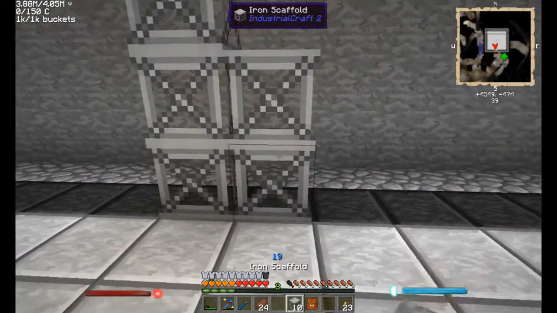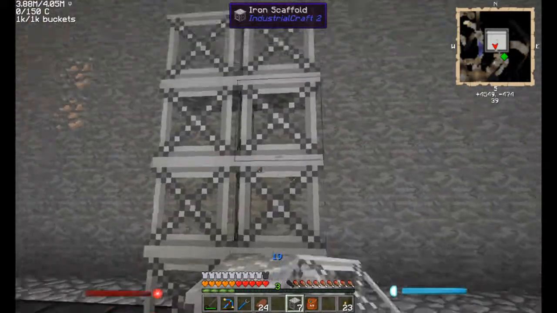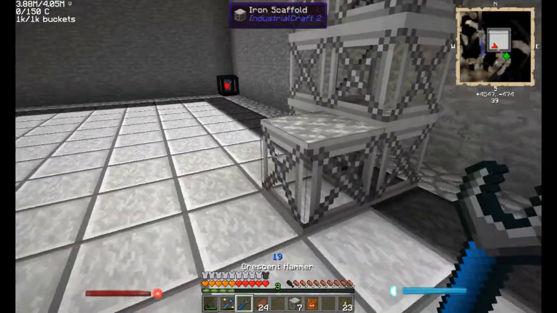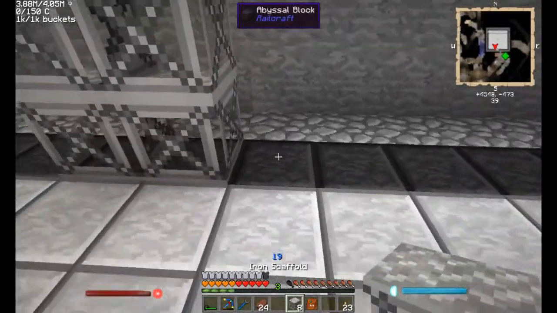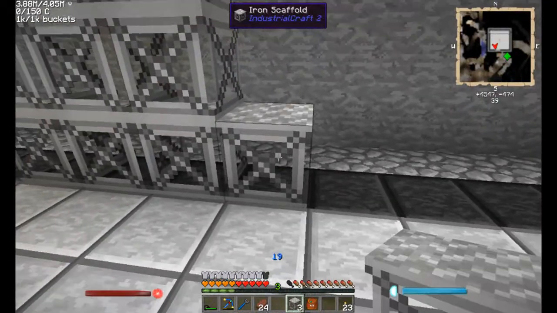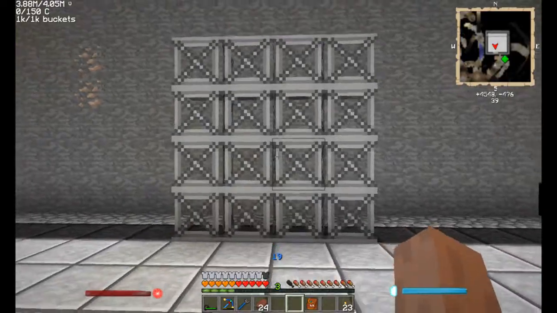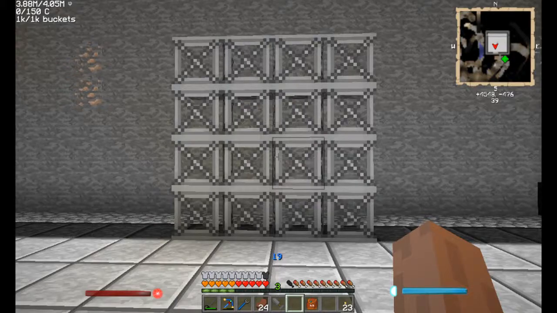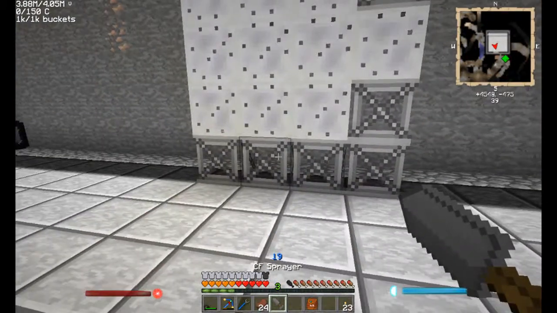Break up. Oh, you left click. There you go, that's how you do it. Right click, left. So this is iron scaffold, and apparently what you've got to do is use this CF sprayer, and you spray it on like that,